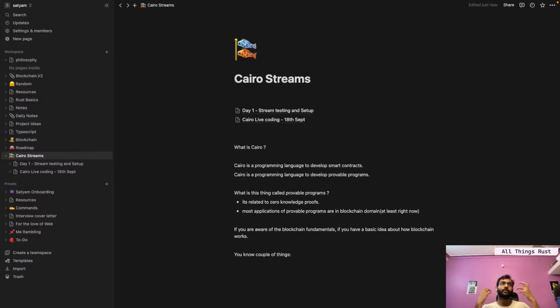Ethereum is one of the most popular blockchains because it's configurable, and Ethereum supports programs written in Solidity, which is a Turing complete language. So basically, it's an operating system.